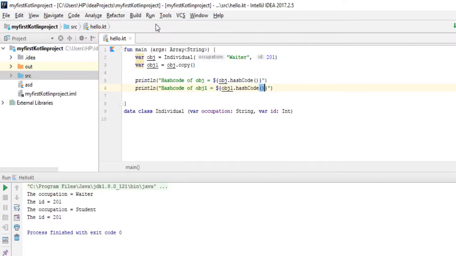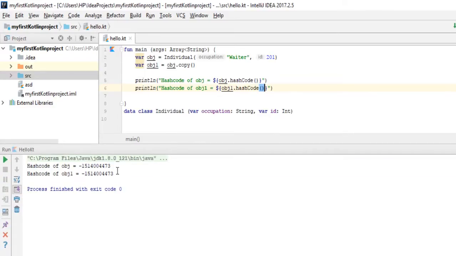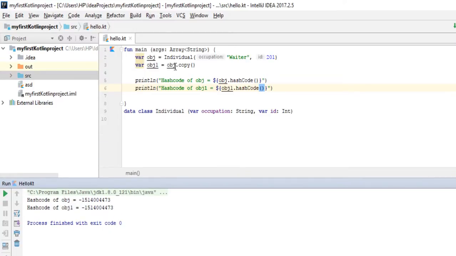If you run the program, you will have same hash codes for these two objects. So here you can see the hash code for these two objects is same. This is because object 1 is an exact copy of object. But when we try to change any of the property, for example, if I write id equals 400, then you will see that the hash code of these two objects will be different because one of the property is different.